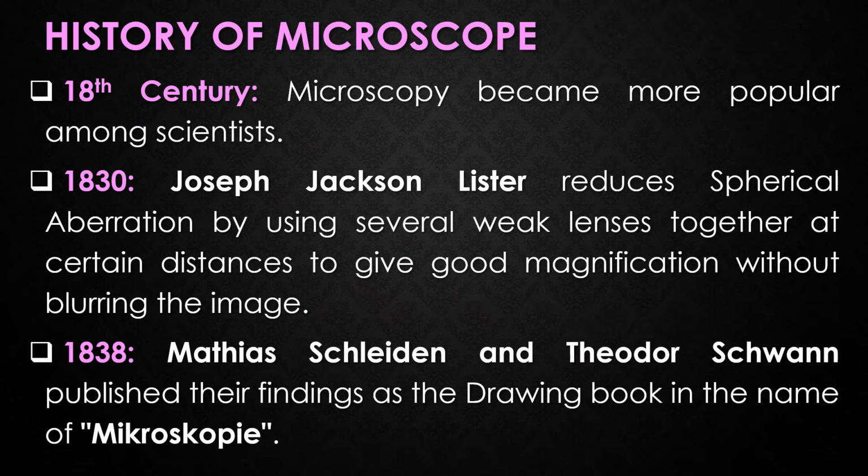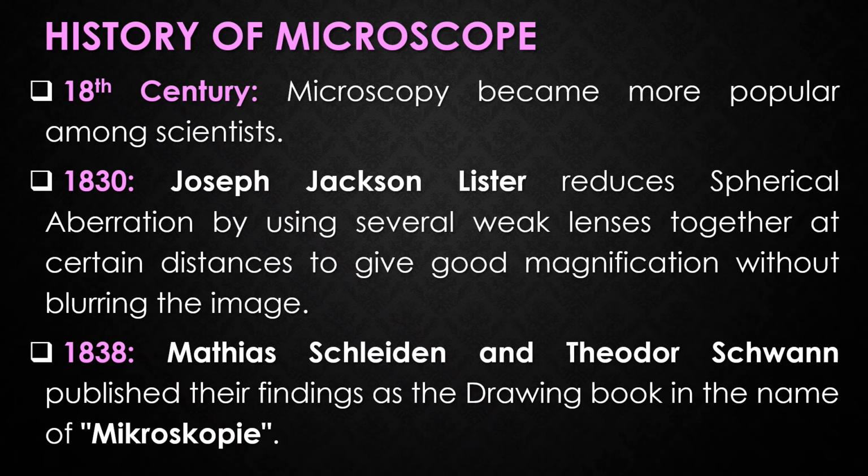In the 18th century, as the technology improved, microscopy became more popular among scientists. Part of this was due to the discovery that combining two types of glass reduced the chromatic effect. In the year 1830, Joseph Jackson Lister reduced the spherical aberrations, which produce imperfect images, by using several weak lenses together at a certain distance to give good magnification without